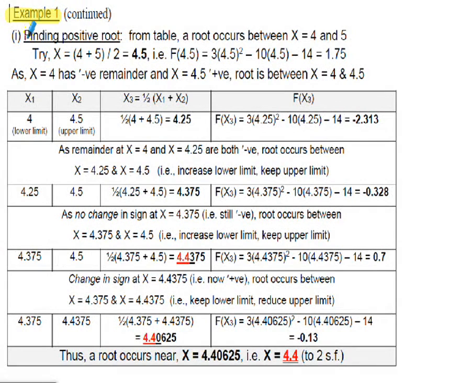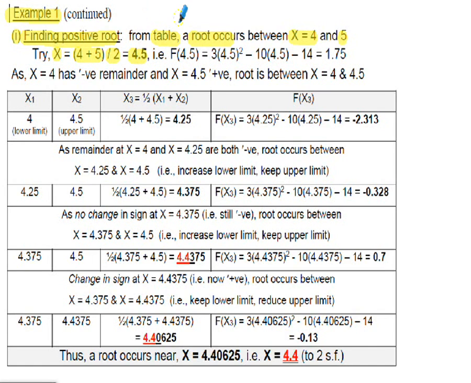Example 1 continued. So part 1, we're trying to find the positive root first of all. From our table on the previous slide, or our sketch of the curve, we find a root occurs between x is equal to 4 and x is equal to 5. So we're going to try a value of x of 4 plus 5 divided by 2, we're averaging in other words. So our first value of x we're going to use is